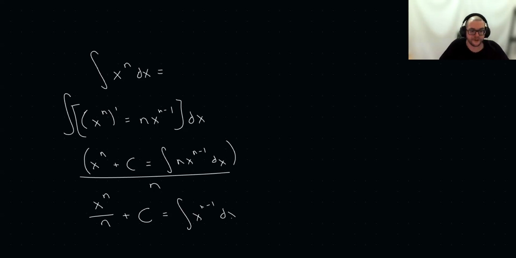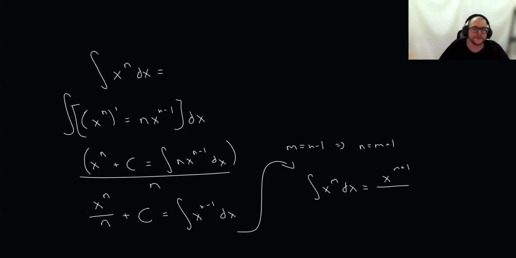And if I do a resubstitution here and say, let's say m is n minus 1, so n is equal to m plus 1, then this tells me the integral of x to the m dx is x to the m plus 1 over m plus 1 plus c. And so this is our sort of reverse power rule. 1 on m plus 1 times x to the m plus 1 plus c is the result of that. Now, that's all well and good,